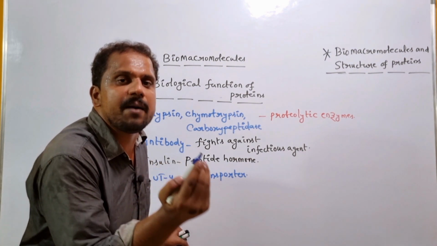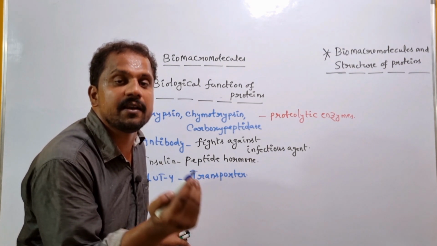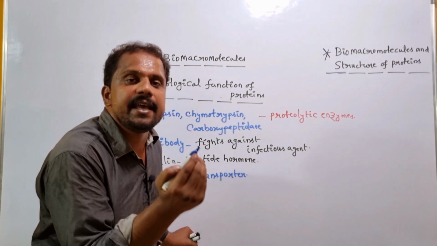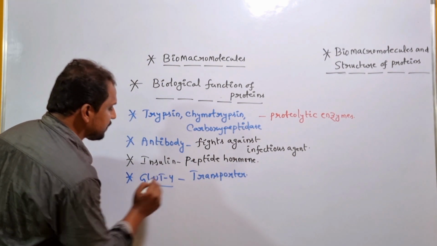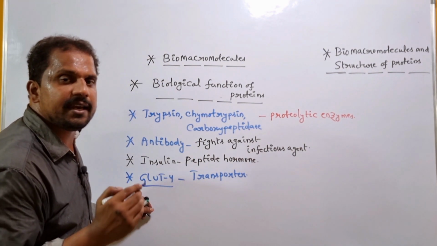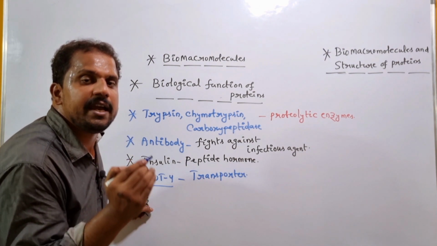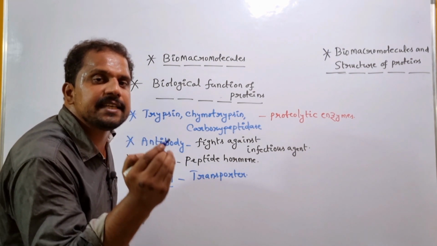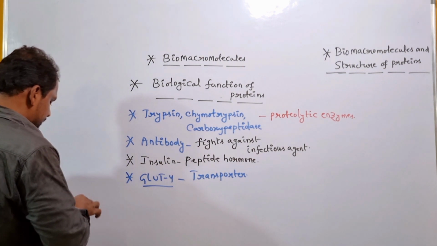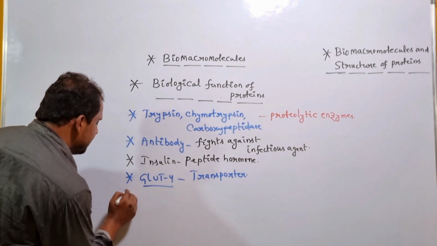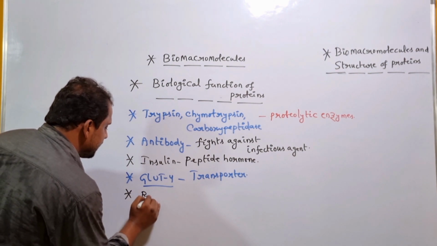So in order to come across the cell membrane or plasma membrane, the particular glucose takes advantage of a specific transporter, which is nothing but what? Glucose transporter 4. Is it clear? And the specific glucose transporter 4 is chemically composed of what? It is chemically composed of amino acids. Is it clear? And in addition, if we consider the specific receptors